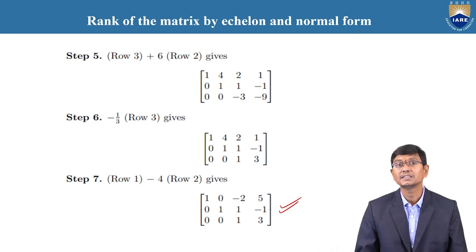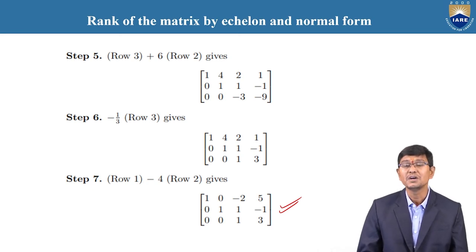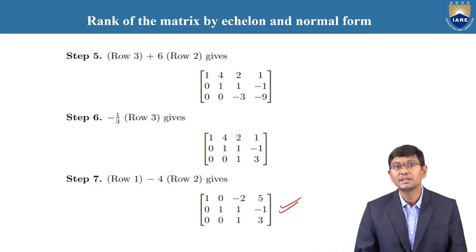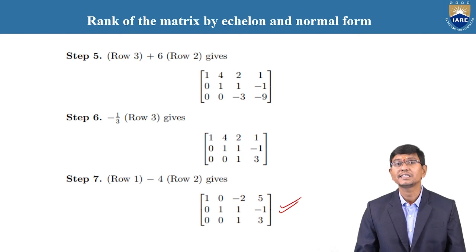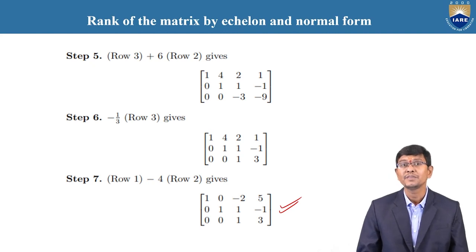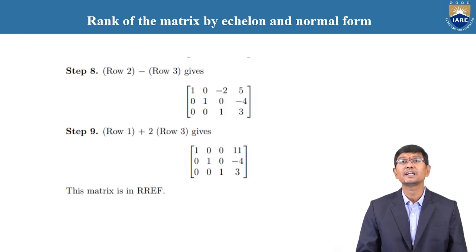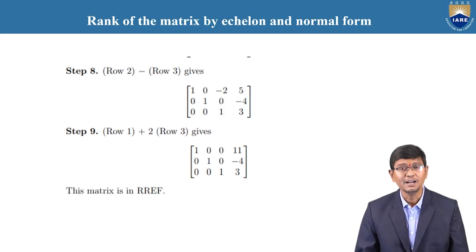That is, the zero rows are at the bottom, which is the last row, and the first element of each non-zero row should be 1, and the zeros before the non-zero number clearly satisfy the increasing order. Therefore, finally the given matrix is said to be in echelon form. Here the number of non-zero rows is 3, so the rank of the matrix is 3.